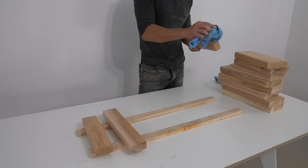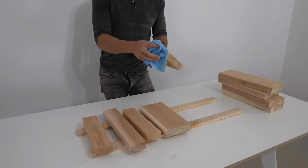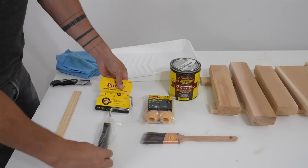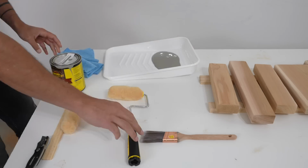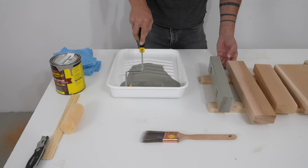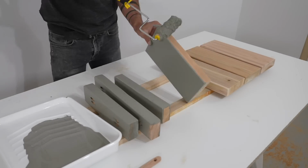One of the most important things when you're finishing any type of woodworking is to remove the dust before you apply the finish. I did this with a clean microfiber rag before getting out my Purdy roller and brush and applying some CABOT solid color acrylic stain and sealer in Pewter Gray. It has a nice modern look, and CABOT is a fantastic brand that I've used for years on outdoor woodworking